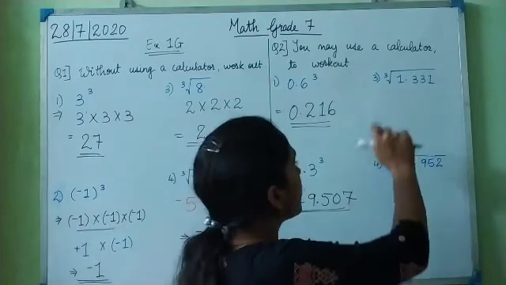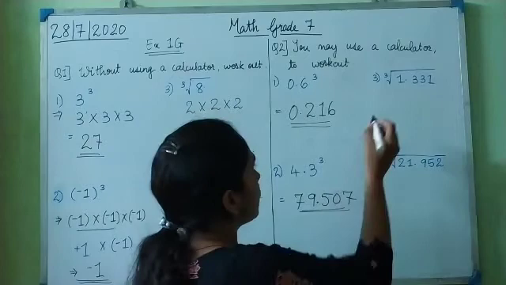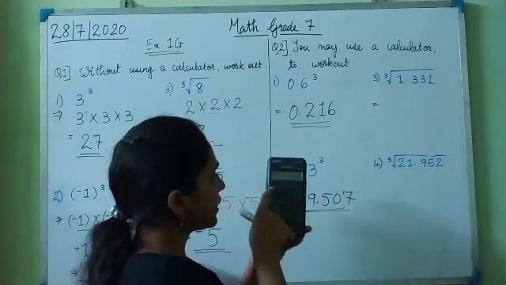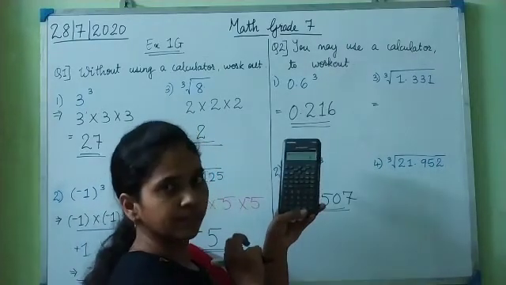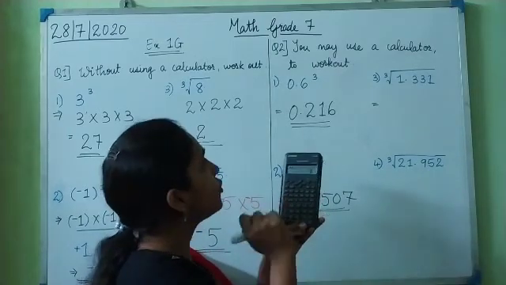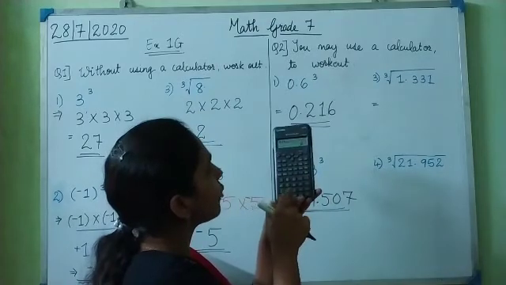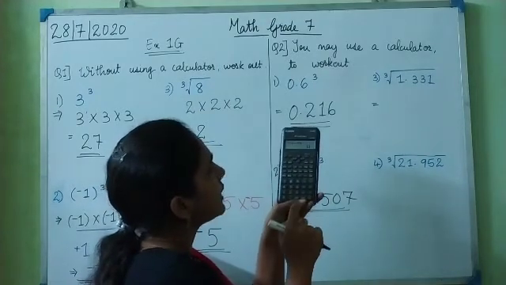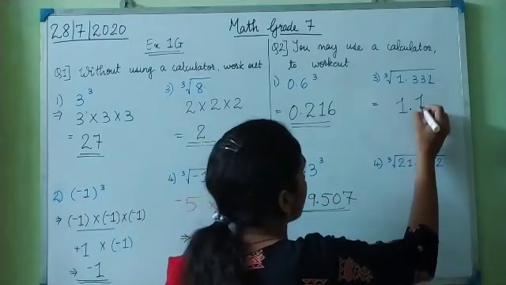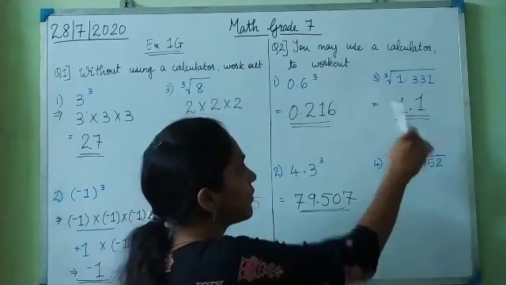Now the third question and the fourth question, we have to find cube roots of the given number. So what do we do to find the cube root, which keys do we press? First we press shift, then we press the x cube button. That means shift x cube gives us the cube root sign. So cube root of what number do I have to find? 1.331. So I type the number 1.331 and equal to. So the answer is 1.1. That means the cube root of 1.331 is 1.1.